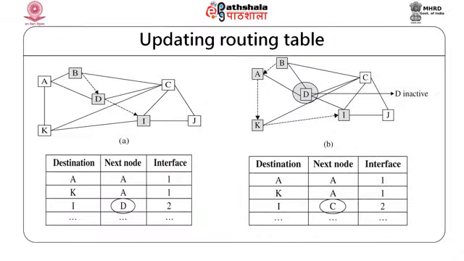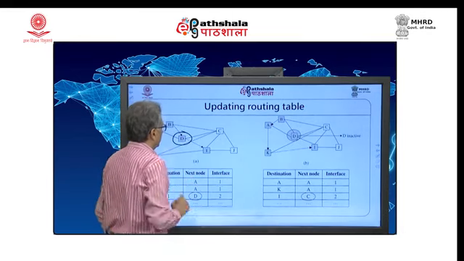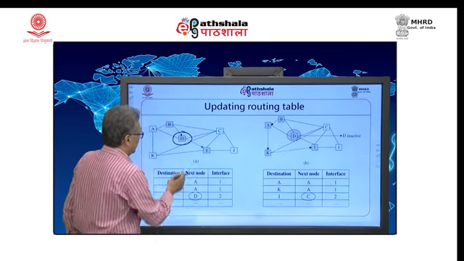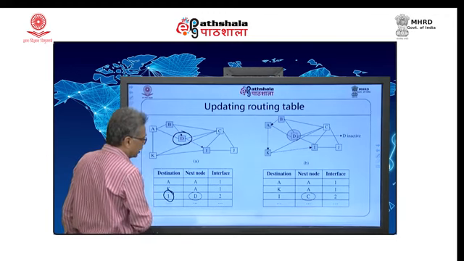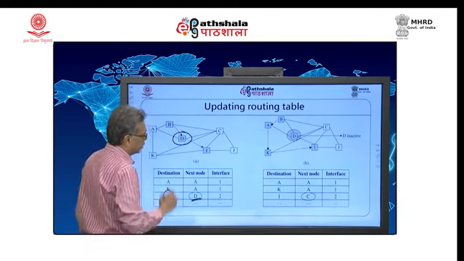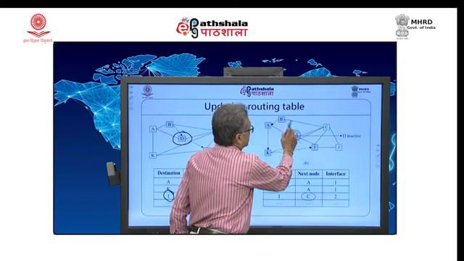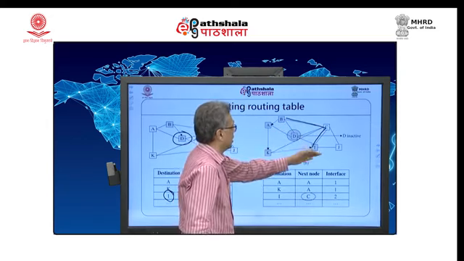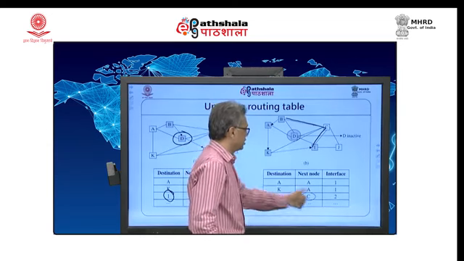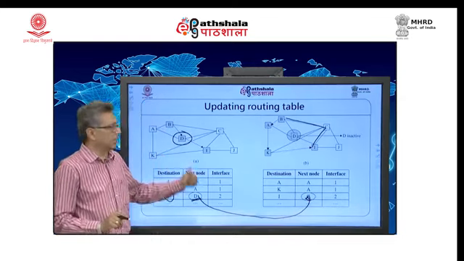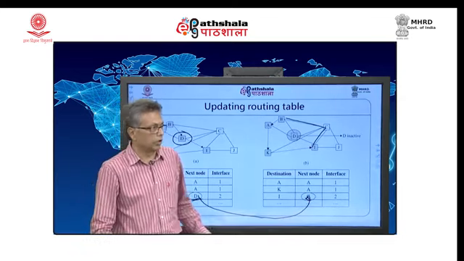So, here you can see here is my network. It is a very simple, very small network. Here I have D, B can send to D if I have to send something to I. That is the reason the routing table of B says if I want to send something to I, my next router is D. Now, when D becomes inactive, obviously the next best path is this. So, it should say that. This is what I mean by topology change being reflected in the routing algorithm, the routing table.